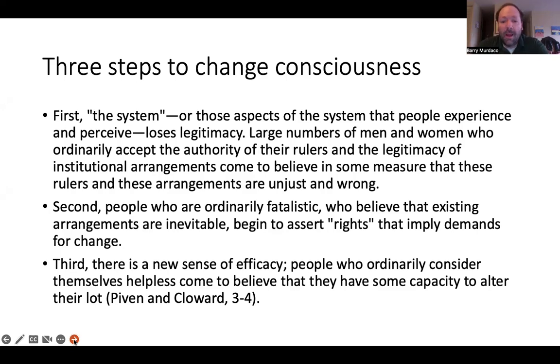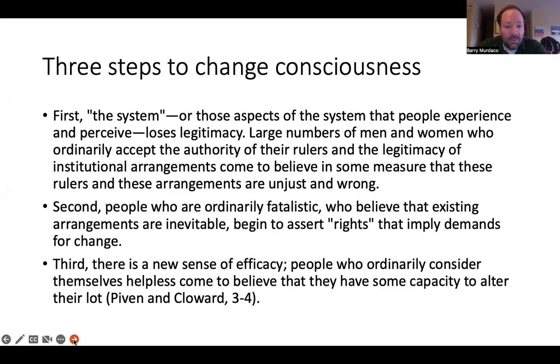It's a little more expansive than you might think actually. But that's another important aspect of it, too. People oftentimes, of course, are very passive and apathetic. They tend to just sort of accept things as they are. There's no way I can change it. It's too big, it's too complicated, things like that. People stop thinking that way. They believe that there is a way to change things essentially, and this kind of leads into the third step here. There is a new sense of efficacy.